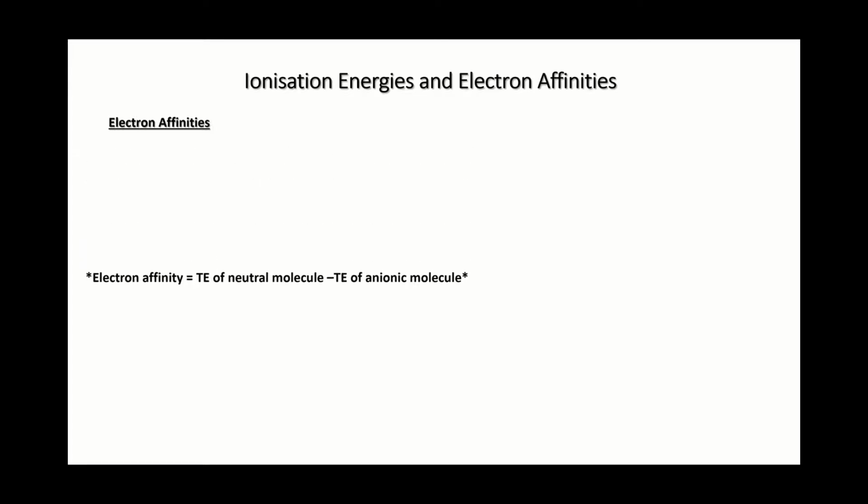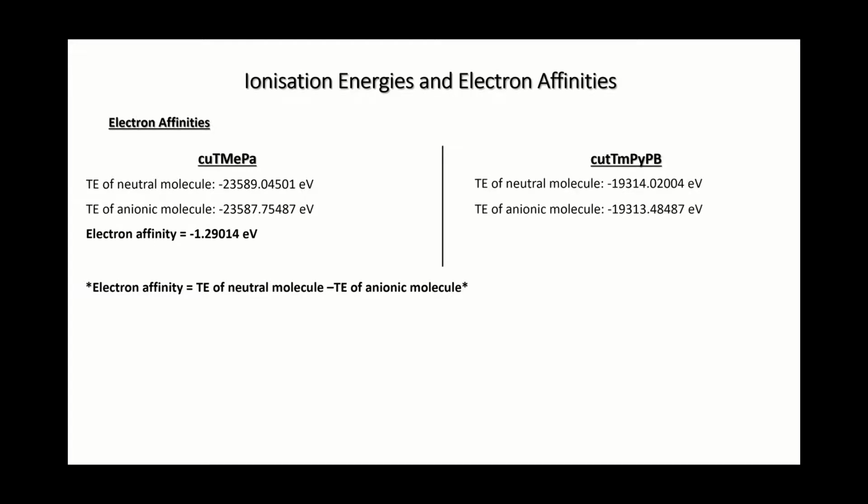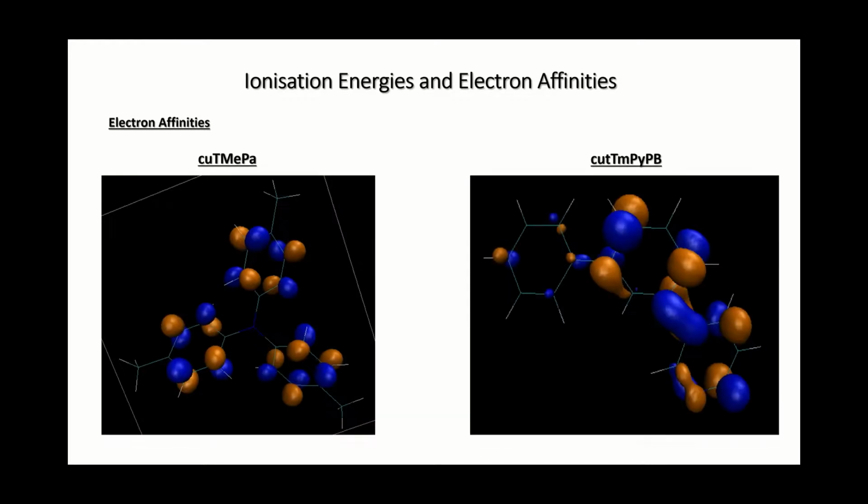So, in the case of our Pa compound, we're going to see that its electron affinity can be calculated to be a value of minus 1.29014 electron volts, whereas in our Pb compound, this can be calculated to be a value of minus 0.53517 electron volts. And again, for a bit of context, I have shown the LUMOs of both of these molecules,